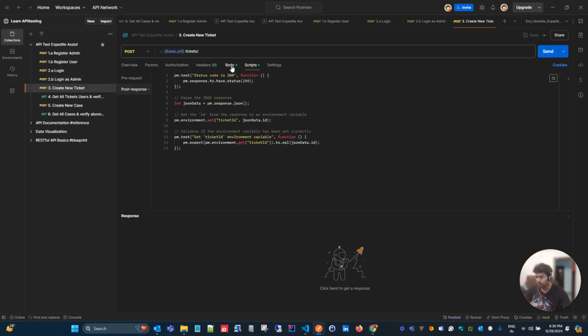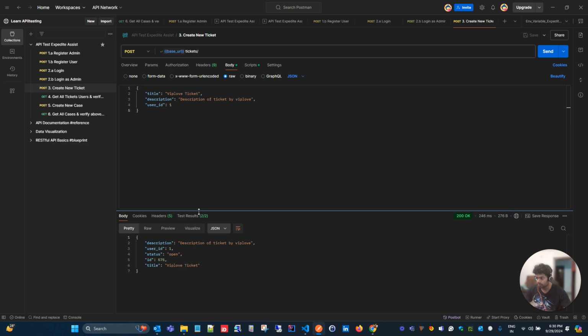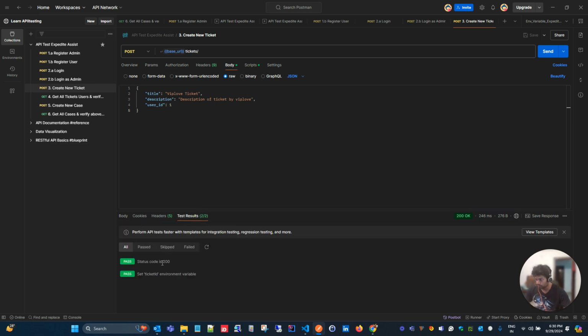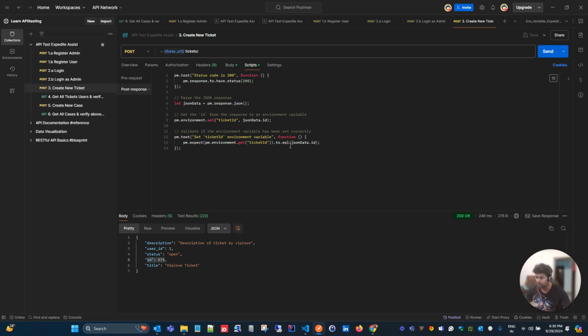Now, when the user tries to create a ticket, this is the endpoint, and I'm passing these three payload fields: title, description, and user ID as one. Let's see whether it is passing or not. Yes, it is passing. We also have some validation in the test script where we should get 200 OK and a ticket ID. So yeah, ticket ID 575. Then there's set ticket ID, where I'm saving the ticket ID into this variable,